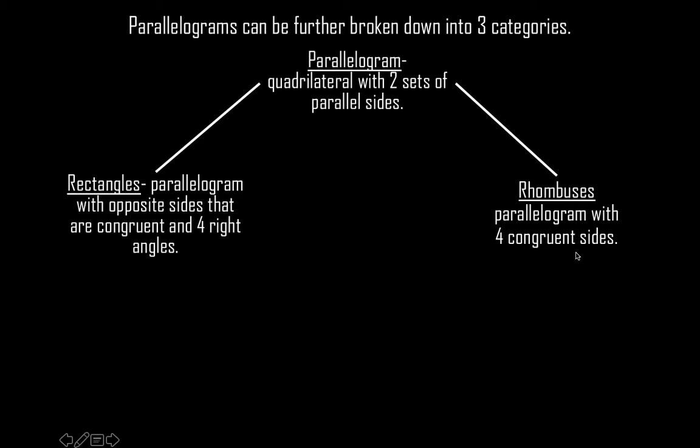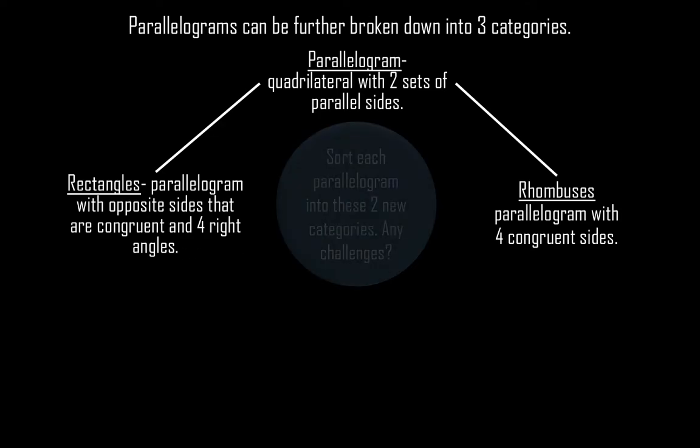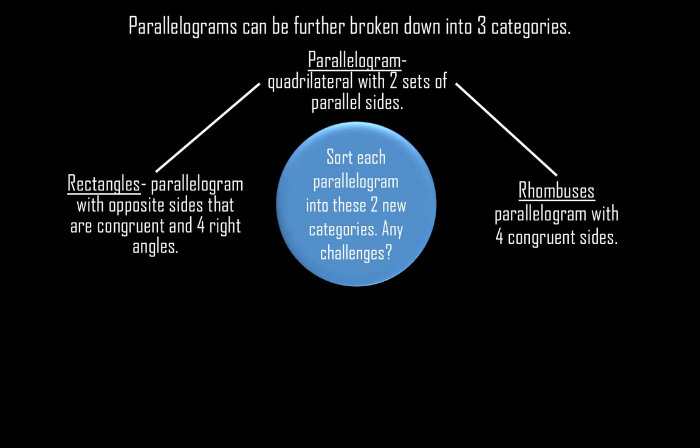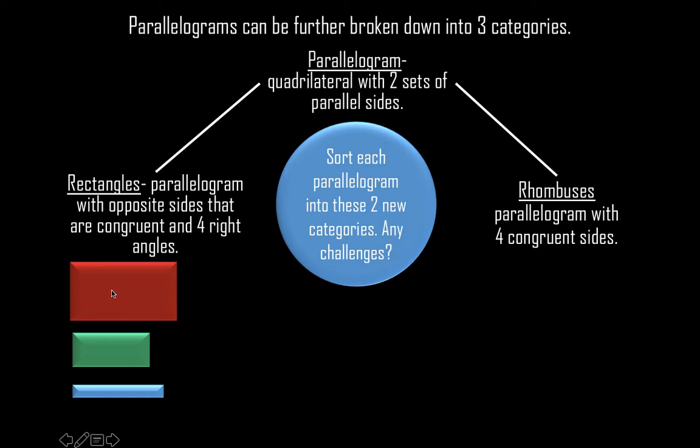A rhombus is a parallelogram just with four congruent sides. It doesn't talk about the angles. Okay? Well, I'll show you what the angles are in a second. So we're going to sort each parallelogram into these two new categories. So a rectangle is going to be